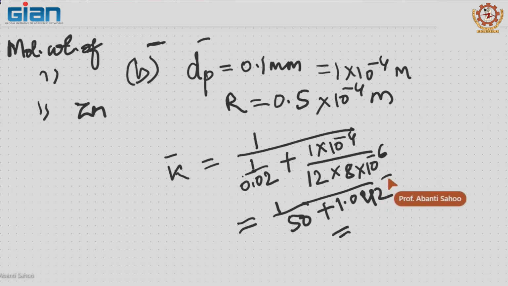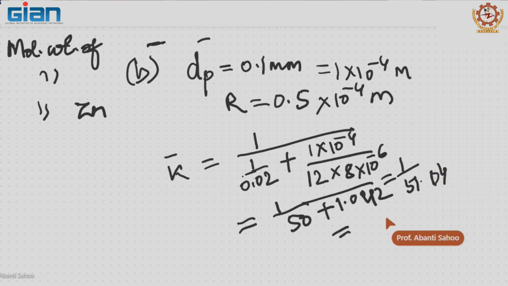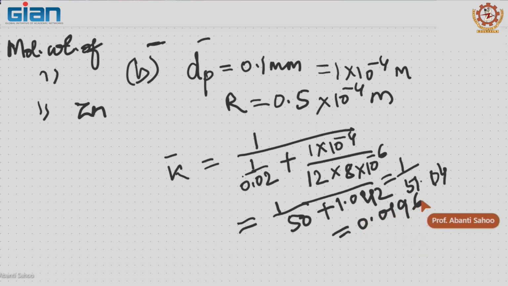And it is 1 by 51.042, or this is equal to 0.0196 meter per second. In these two terms in the denominator, you see one is 50, another is 1.042. 1.042 means diffusion is not controlling resistance, diffusion resistance is negligible in comparison with the reaction rate resistance, because reaction rate which